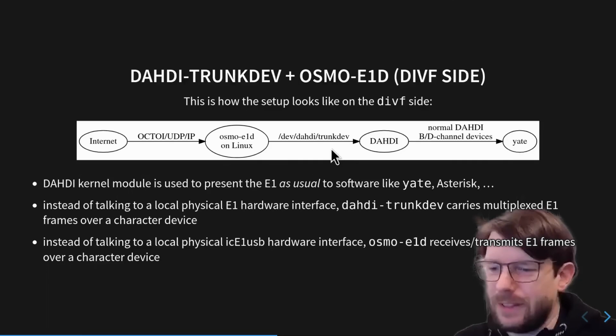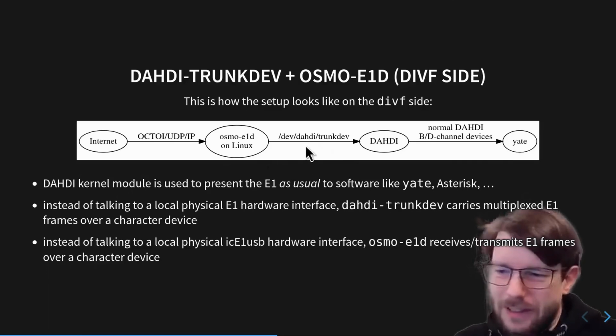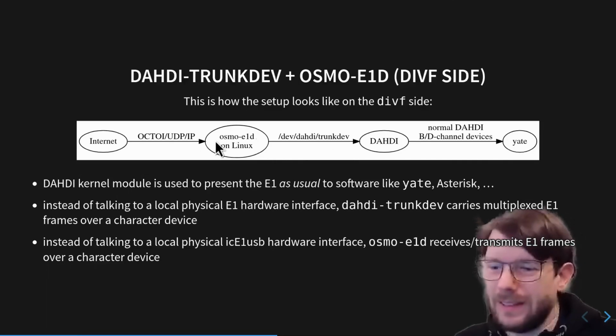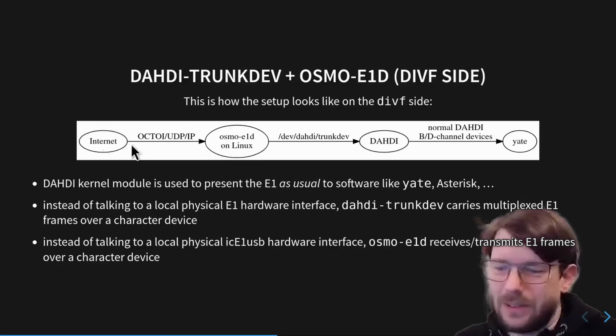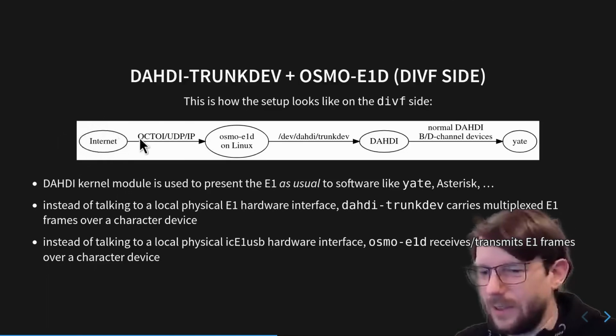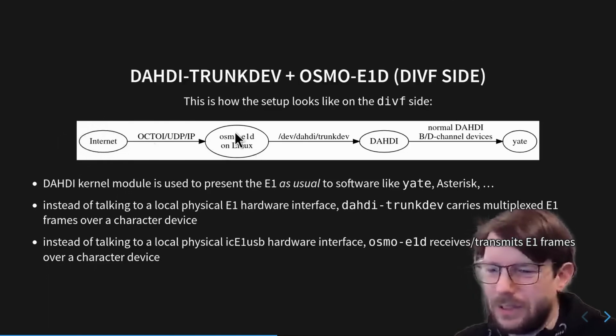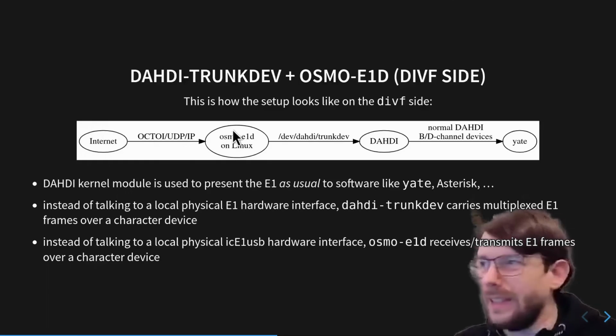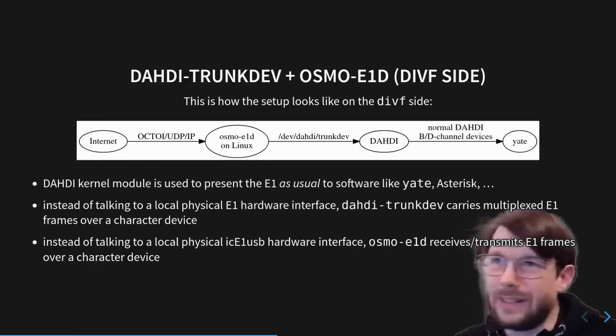And this other software interface we can then use by Osmo E1D, in the same daemon that we use with the ICE1 USB at the other end, which speaks the same protocol, this OCTOI protocol. So basically we receive these compressed or redundancy reduced E1 frames over the internet. They go into Osmo E1D, and Osmo E1D reconstructs the full E1 frames, meaning 8,000 times per second, a 32-byte E1 frame. And those E1 frames are then sent over this trunkdev character device into the DAHDI, which is part